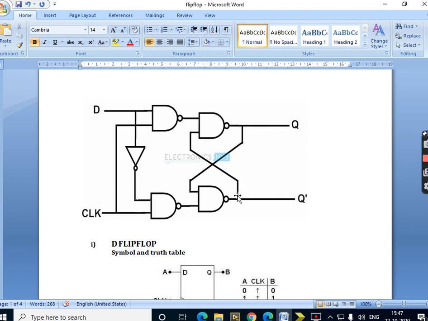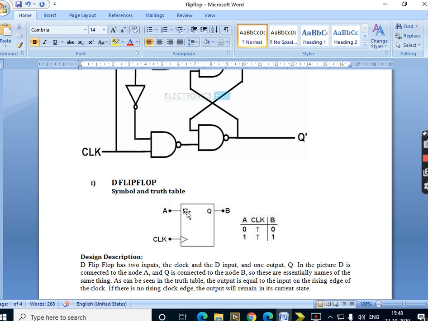So therefore this particular configuration we call cross coupling. And now as you can see in the D flip-flop, one NAND gate is receiving the direct input and another NAND gate here is receiving an inverted output. So if this NAND gate receives 0, this second NAND gate will receive the inversion of that, 1, and vice versa. When D is applied 0, this NAND gate will receive it as an inverted value. So with this configuration, now we can follow this particular chart, or we can represent this with a symbol.